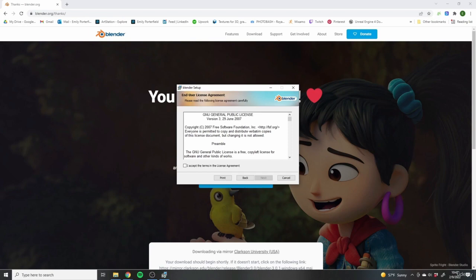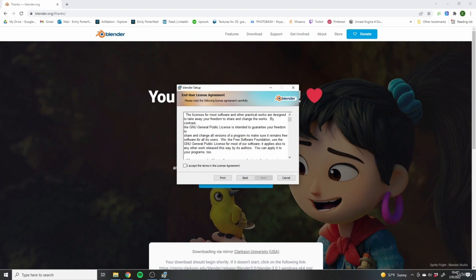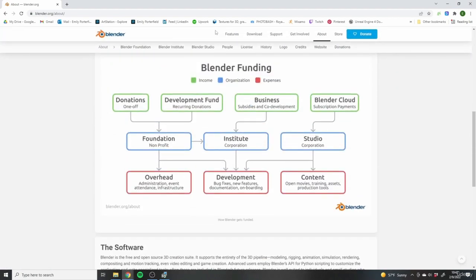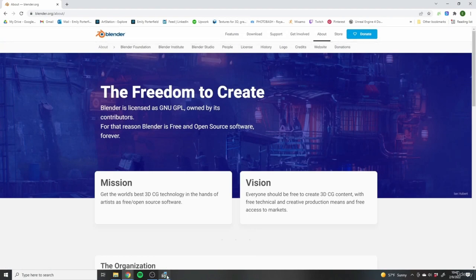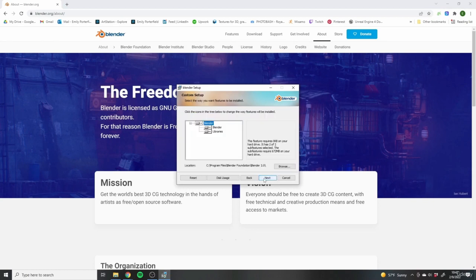You'll get the EULA. Blender is a totally free and open source program, meaning that anyone can contribute to the development of it, but there's no company profiting from its sale or use. If you want to know more about that, you can read this, obviously. And there's also an About section on the official Blender website up here that can tell you more if you're interested in how it works. Anyway, accept the license agreement, hit next,